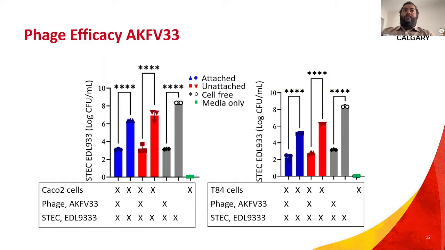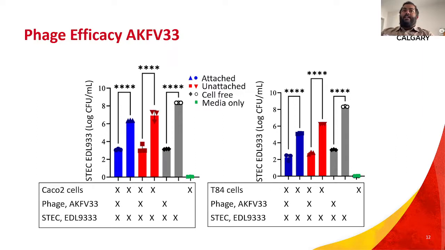So the first phage we looked at was AKFV33, and the y-axis represents STEC count in CFU per ml, and for the x-axis bars, the blue bars represent the attached infected CACO2 or T84 cells with phage versus without phage. The red bars represent the amount of bacteria found unattached with phage versus without phage, while the gray bar shows the amount of bacteria in cell-free media with phage versus without phage,